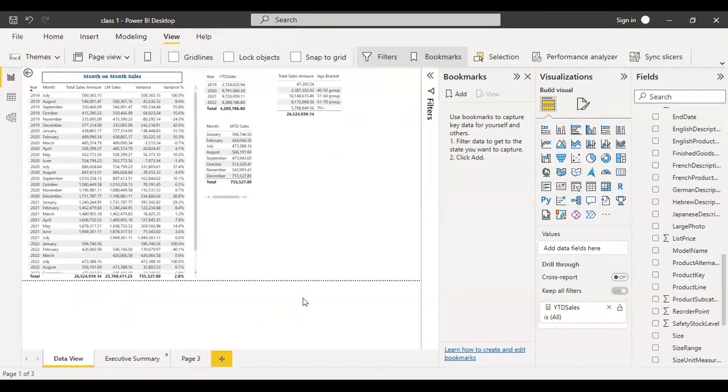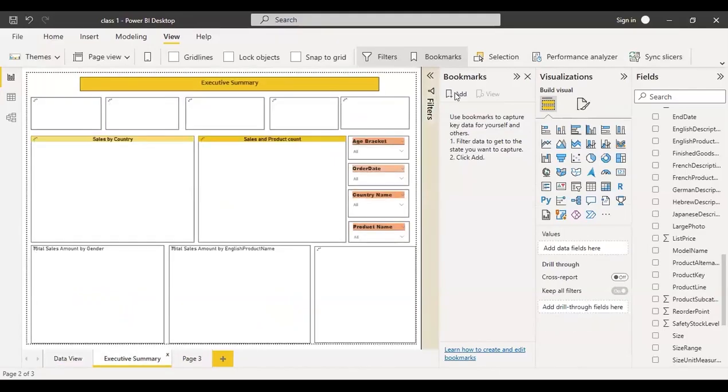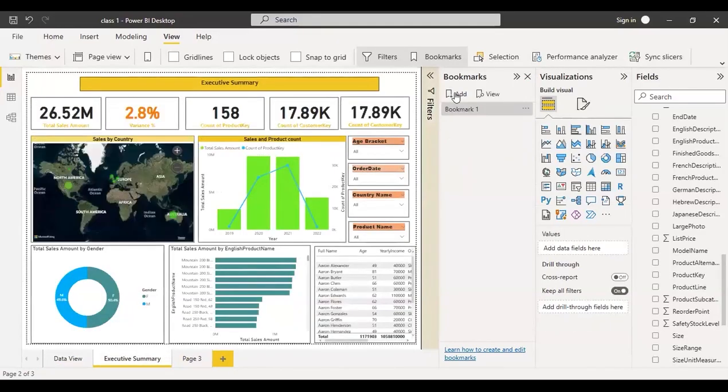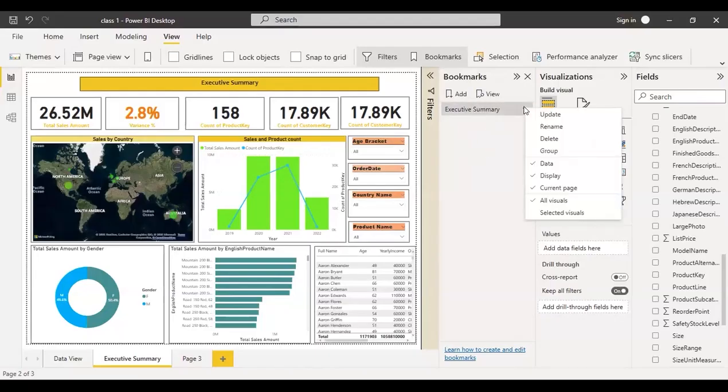Okay, we'll go back to the executive summary. In the bookmarks option, you have an option of add here. Click on add. The first is bookmark 1. What we'll do is rename this bookmark to executive summary, the page we are on. Now click on the three dots next to it. You have data, display, and current page. What we'll do is uncheck